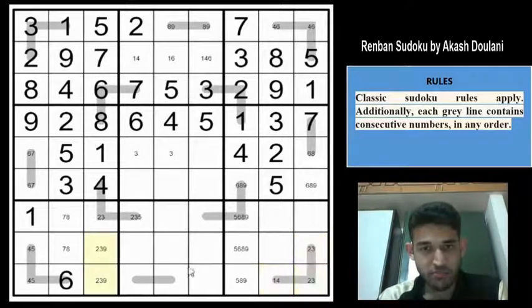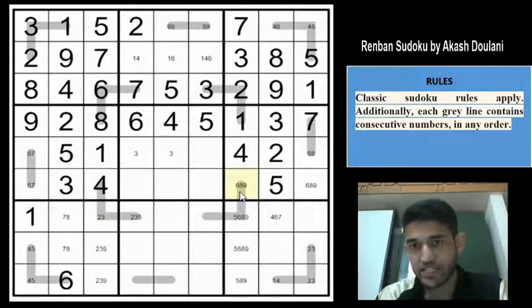So any pairs or triplets? Nothing much. So if you look along column 8, remaining are 1, 4, 6, 7, but 1 is here, so this must be a 4, 6 or a 7, and this must be 1, 4, 6, 7. Let's not mark it now, it's not essential, I think, because there is nothing to work around with that pencil mark. Let us look at these lines to see if there is any more elimination.